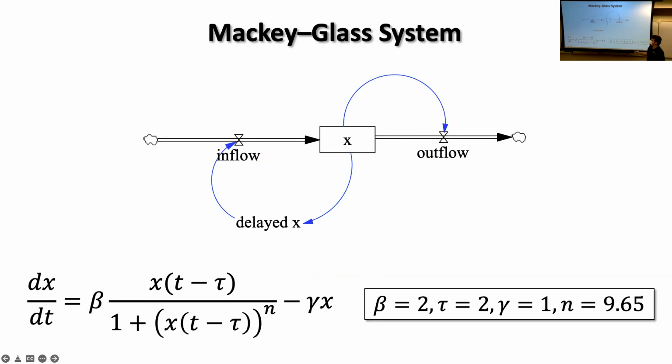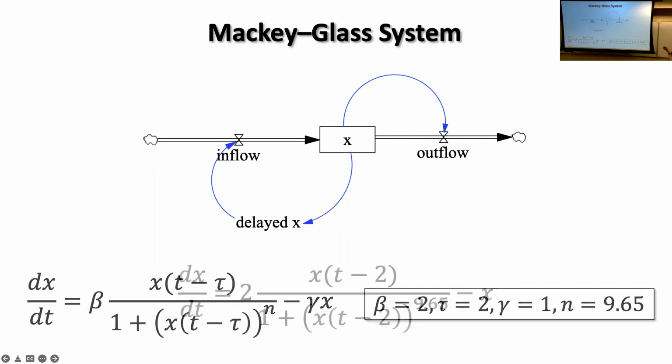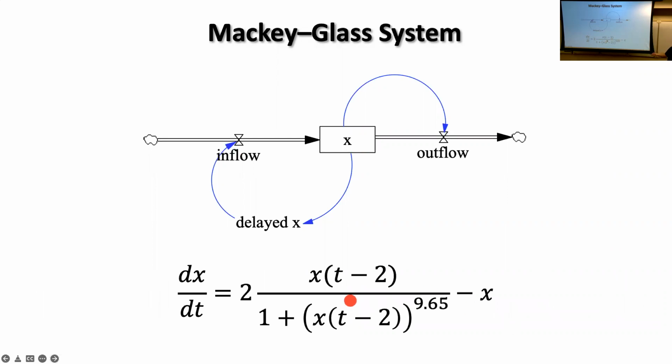The one important thing here is that this variable is a delayed version. It's a fixed delay. So this variable that goes in the numerator and denominator of this inflow is a fixed delay version of x. So I put fixed delay x comma tau, whatever that tau is, say 5. These are special numbers I've chosen, and I'll put those in. You can simulate this in Vensim. You can say this is a 2-second delayed version of x, put that into this inflow formula, this fraction times 2. In the outflow, you could just put x and simulate this thing.